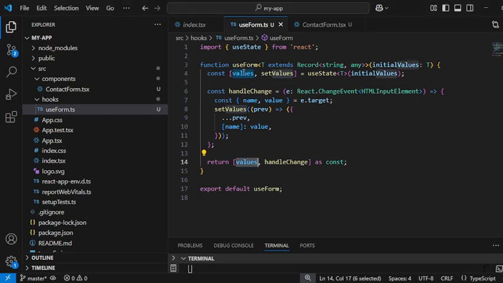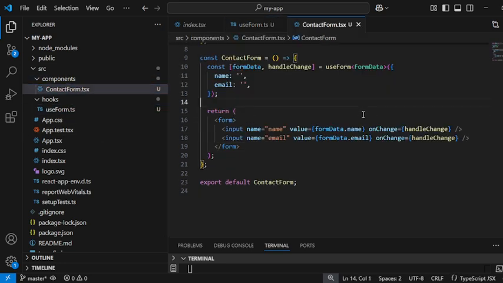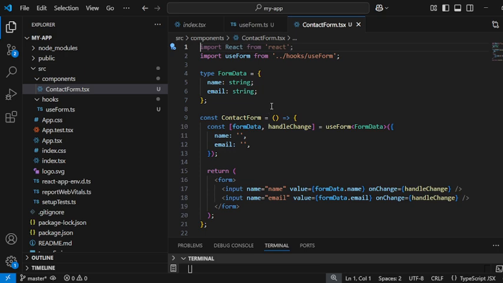Now, I want to use this custom hook in multiple components. For example, how can I use that? I have created one ContactForm.tsx file here. Why have I created a tsx file? Because I will be passing TypeScript XML here. So, for this data, I need to have this. So, what am I going to do here? I will import React from React.